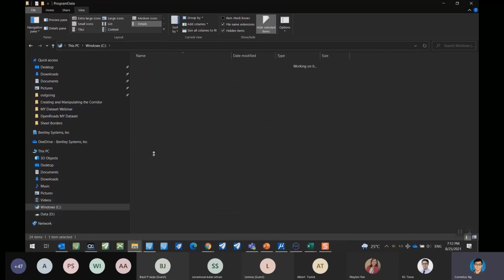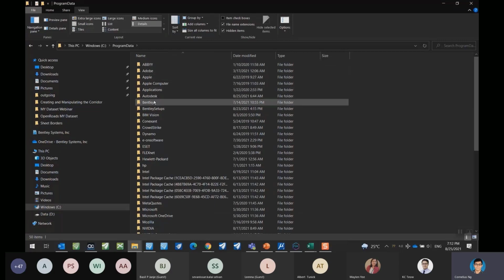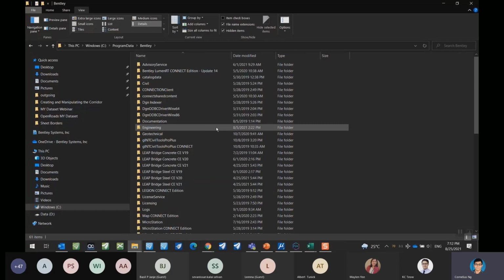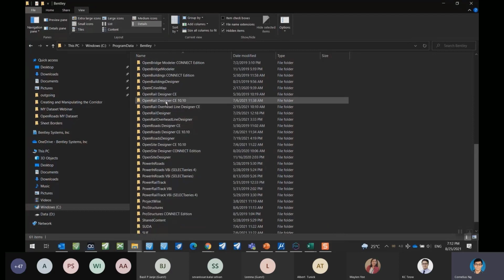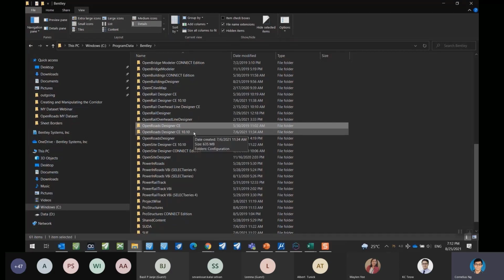Then I will just go into this ProgramData folder and look under the Bentley folder. If you already have your OpenRoads Designer Connect Edition installed, then you will be able to find it in the list of folders here. If you're running the previous version of OpenRoads Designer, it will simply be named OpenRoads Designer CE, which stands for Connect Edition. But starting from release 2021, release 1,